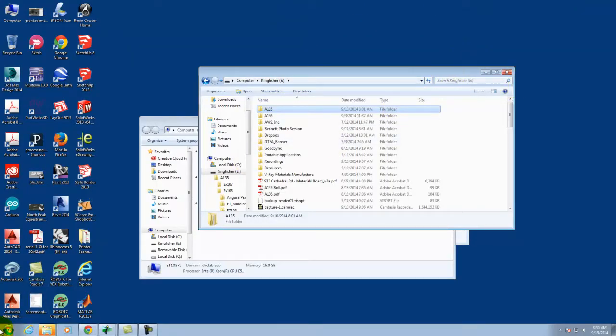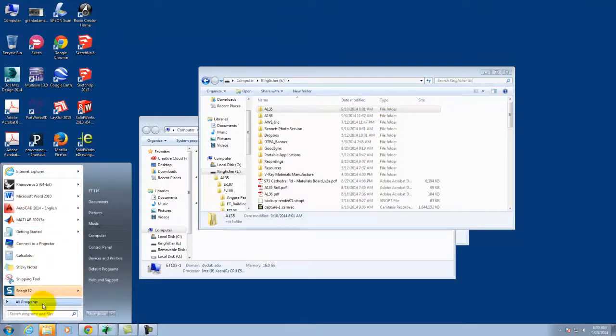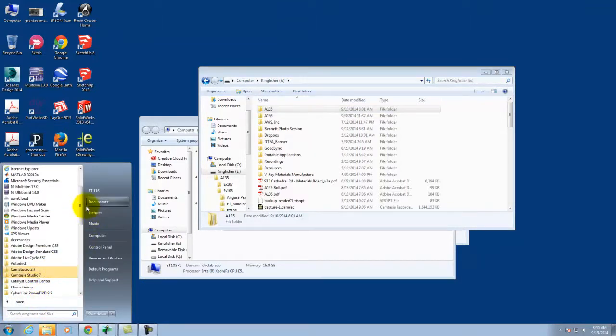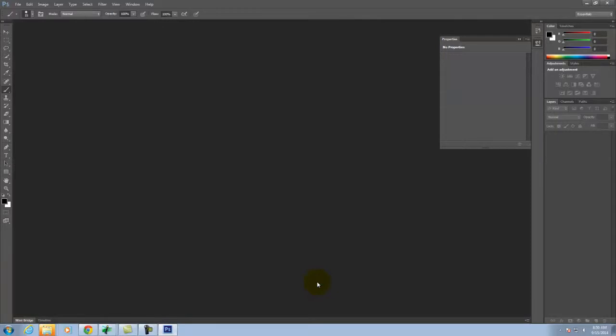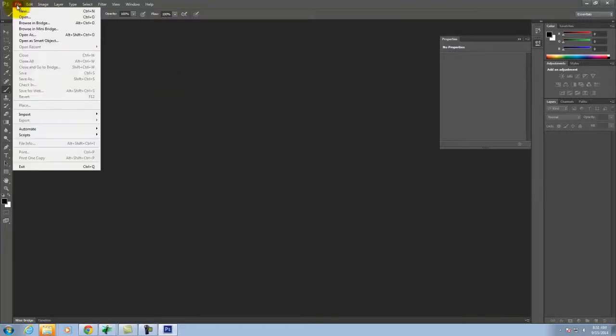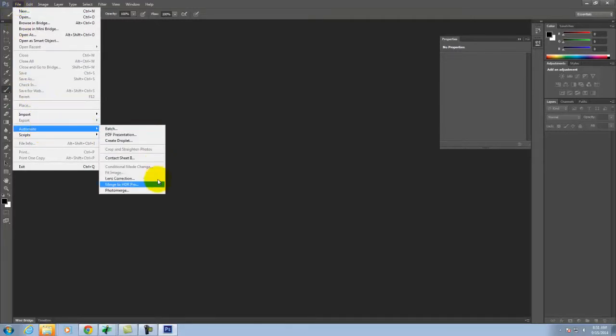But what we'll do is we'll go ahead and open Photoshop. I do want to make sure that I open Photoshop CS6, not CS3. So we'll open Photoshop CS6. And give it just a second to load up here. And then just like with the HDR, merge to HDR, we're going to use an automated action. And so we'll go to File, Automate, and this time instead of doing merge to HDR, we're going to do Photo Merge. And so I'll click on Photo Merge,